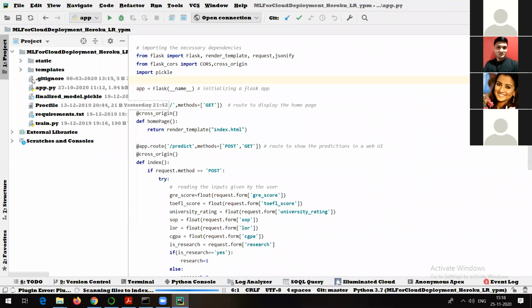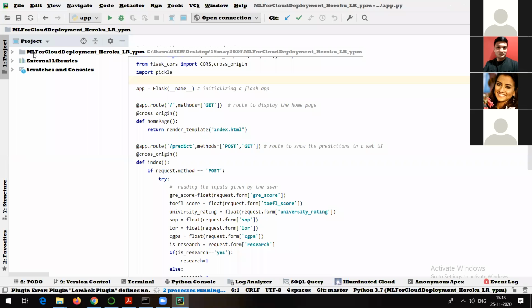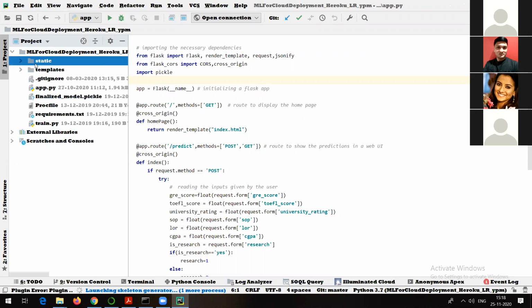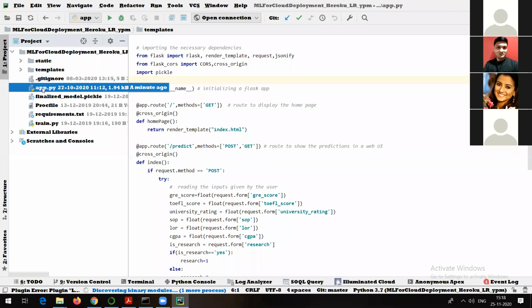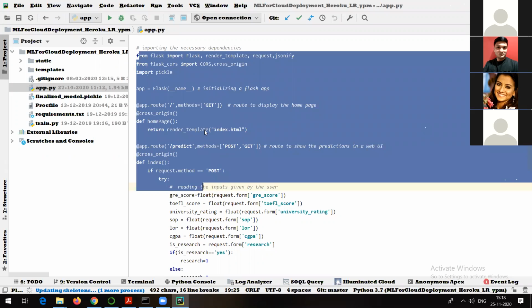Okay. Now see, understand the folder structure. This folder is where my project is. Inside that I have folders like static, it's a standard folder, and templates, it's a standard folder. I will tell you what they are. app.py is a Python program where I have written my logic. Whatever code you are able to see here, that is the code which we have written in app.py, and it is not difficult to understand. I will explain this code, and you'll be able to make sense of it.